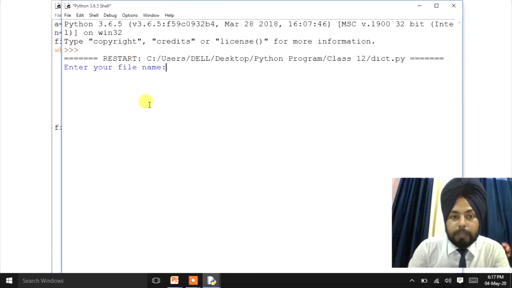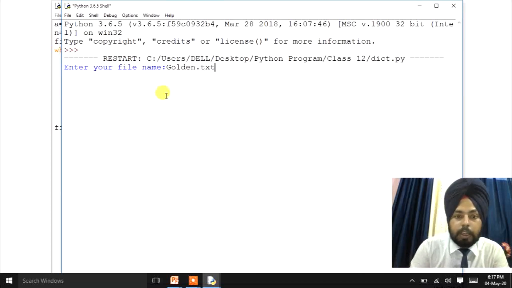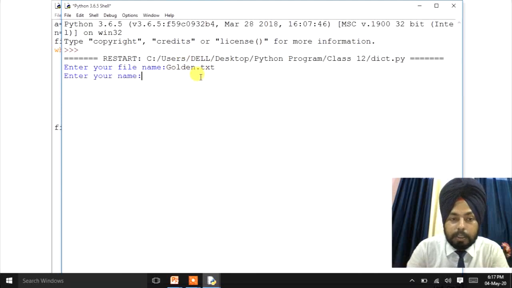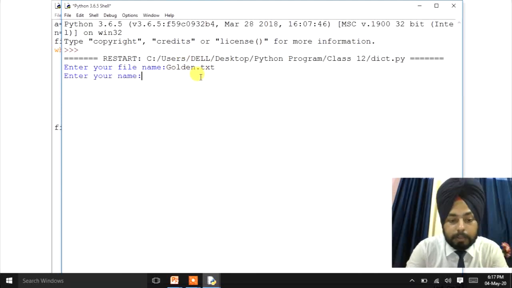Now we'll type here file name to save the contacts. For that I'll type here for example golden.txt. It will create a text file here, right? Then our file is created. Now we'll write the first name here. For example, I'll write here any name, Abhay.